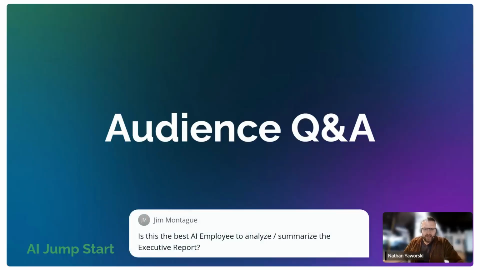Is this the best AI employee to analyze and summarize the executive report? That is a very good question. Now, I know we can connect it to the CRM. I imagine there would be a way to create a capability to be able to read the executive report. I don't know if it takes it into account automatically based on what I'm seeing here. If anyone else on my team knows anything, I would love to hear, but I don't know if there's